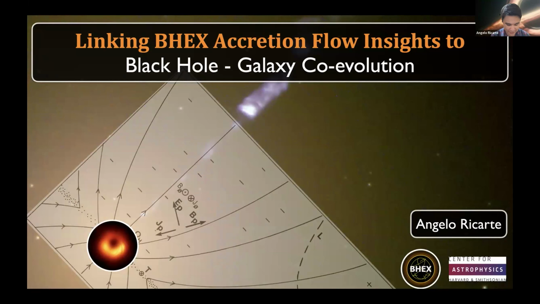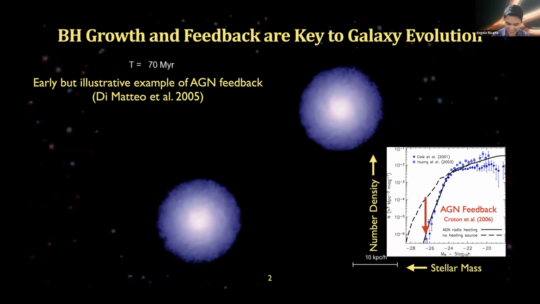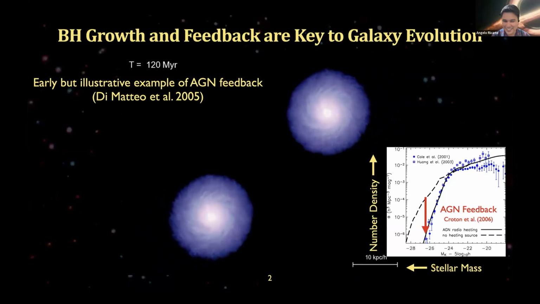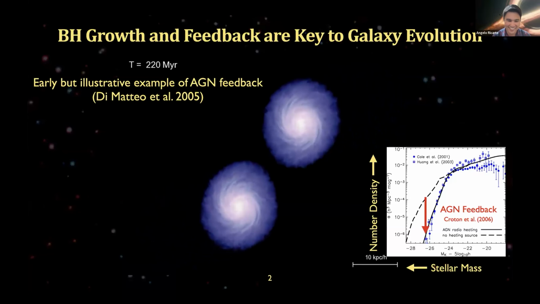I'm a scientist at the Smithsonian Astrophysical Observatory, and I'm one of the AGN demographics leads for BHEX. I've come to the EHT and BHEX from the perspective of black hole galaxy coevolution, where for a lot of people, those who model galaxies, the black holes are only exciting insofar as what they do to the star formation rates in their host galaxies.